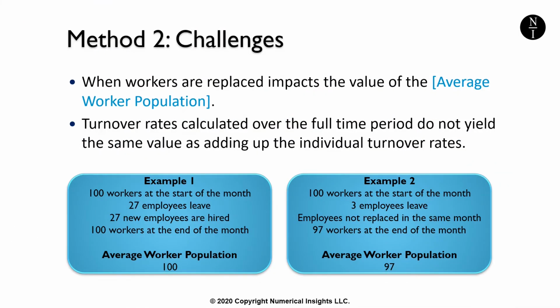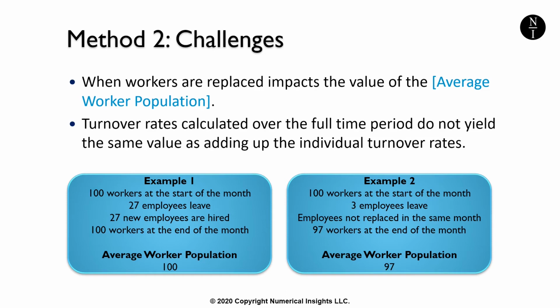Method 2 is also far from perfect. If our business owner effectively replaces the exiting employees in the same month that they leave, then the denominator of our equation would remain at 100, thereby minimizing how much of the turnover is represented in the calculation. To keep things simple, if the company lost, say, 27 people, but was able to replace them before the close